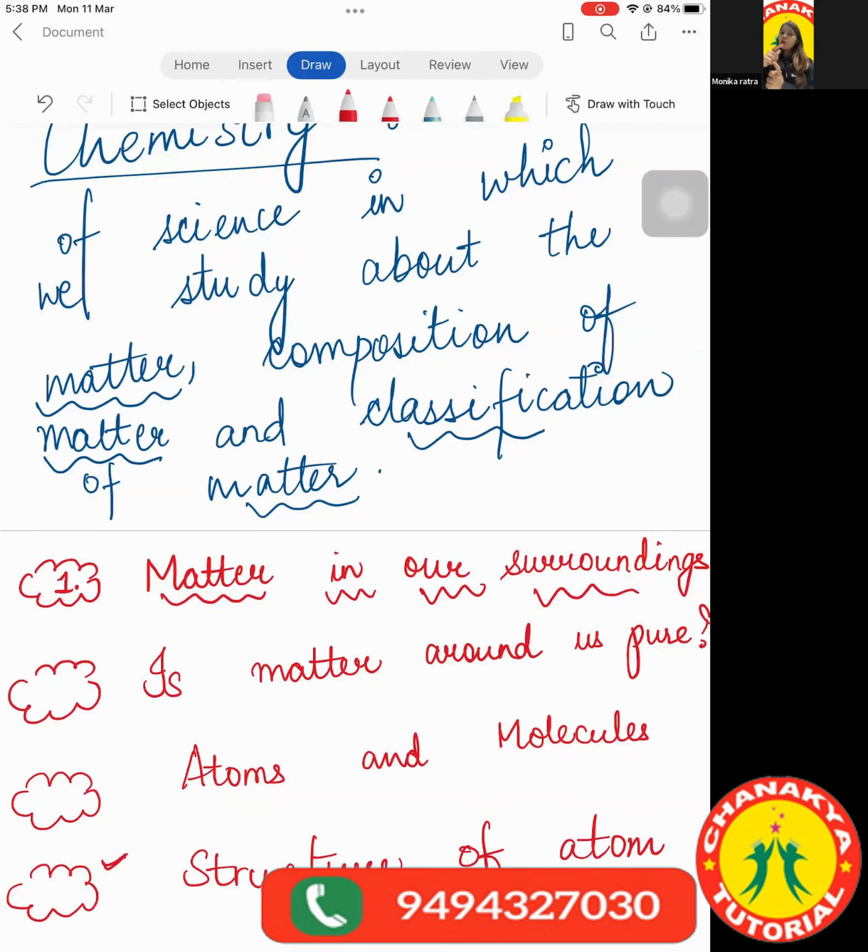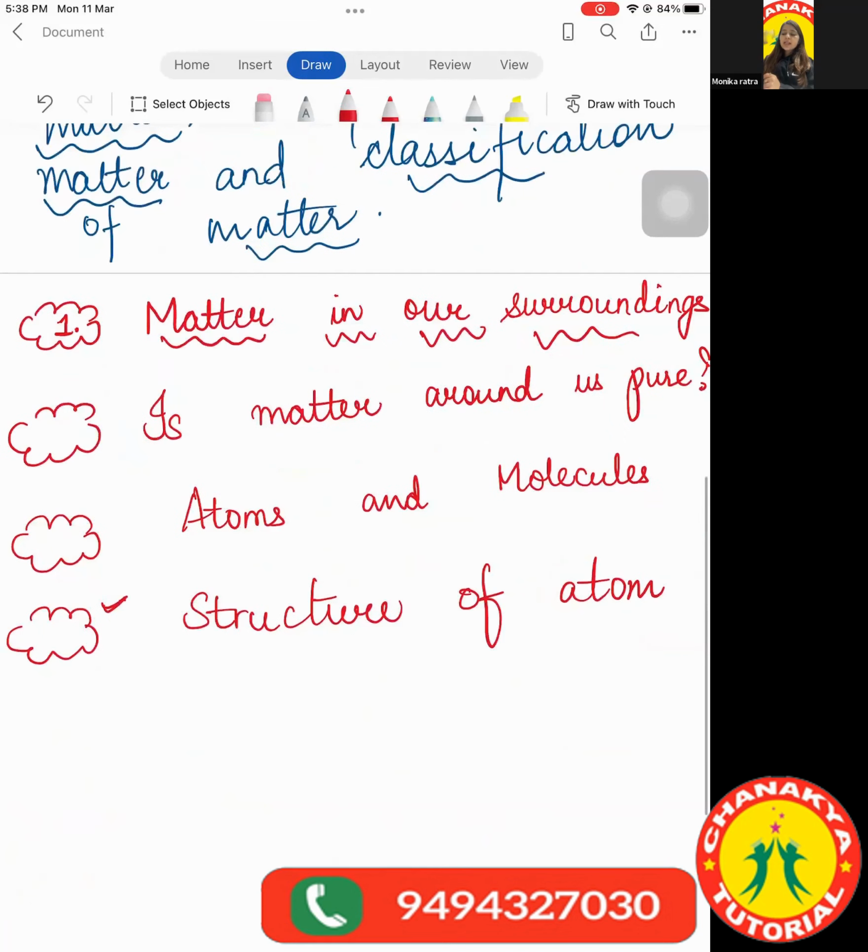And then conversion of one state of matter to another. I'll tell you about each topic in detail. Then in the second chapter, once we know what matter is, if anything given to us is matter or not, then we classify that particular substance into whether it is pure or not. But when we come to this chapter, then I will make you understand what this word